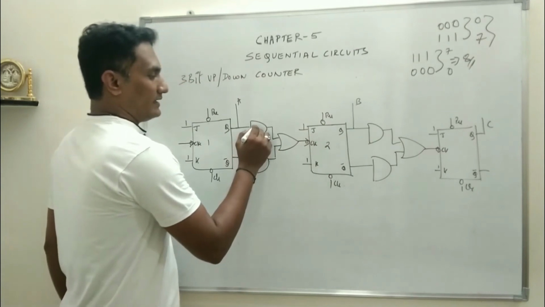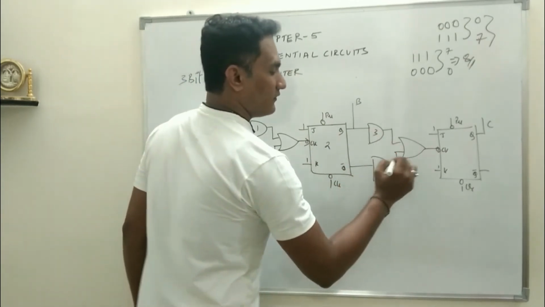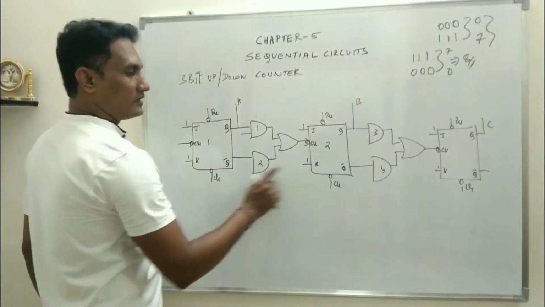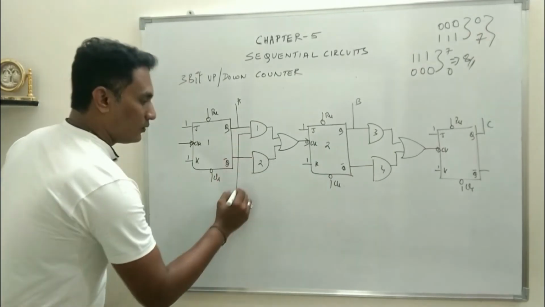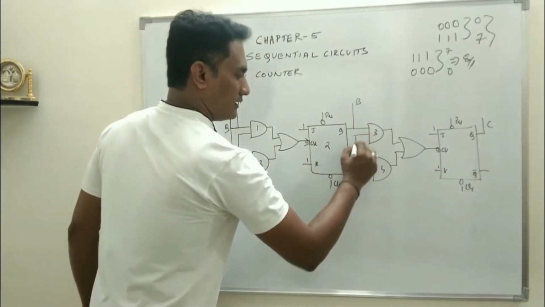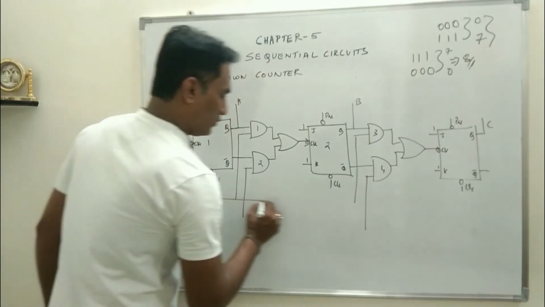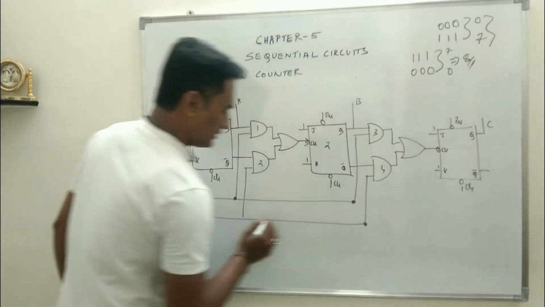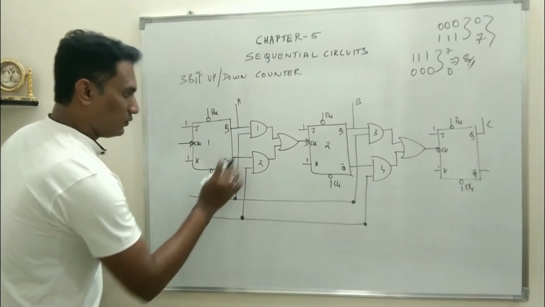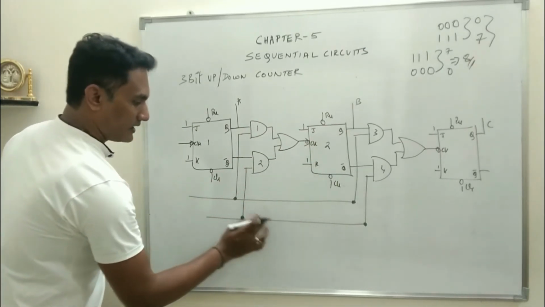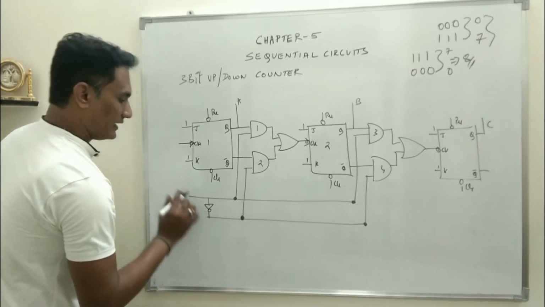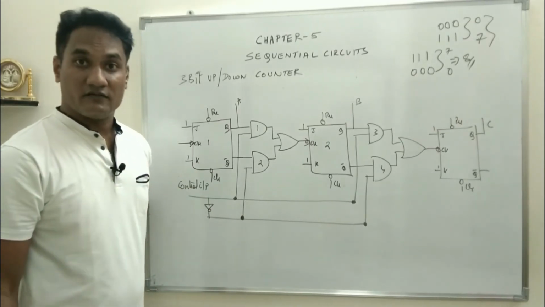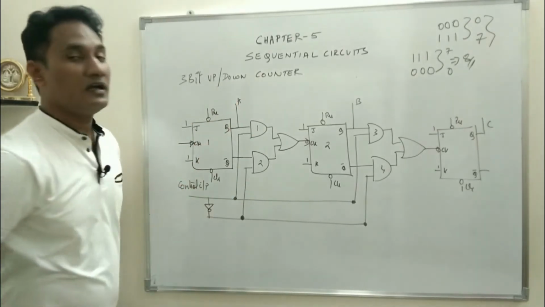Let us name the AND gates as 1, 2, 3, 4. Now see the controlling factor which has to be done. Either 1 and 3 is activated or it should be 2 and 4. So see the construction part. 1, 2, 3, 4. Connect 1 and 3 together. Connect 2 and 4 together. And between 1 and 3 and 2 and 4, that means the upper line and the lower line, we connect a NOT gate, and we call this the control input, which will decide whether the circuit will work as an up counter or a down counter.